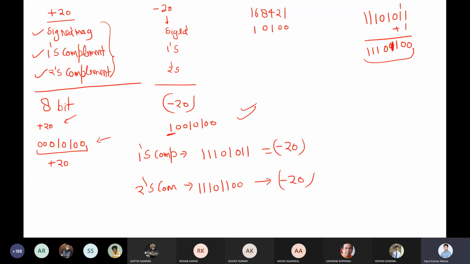Any doubt on this? Sir, I didn't understand why positive numbers are all the same. Because whenever you say positive number, these methods are actually focused on representing negative numbers. Once you take the complement, it means you are representing the negative number. But if you are not taking the complement, then it is a positive number. Okay, so basically one's complement is made for negative numbers. Yes, the entire thing is made for negative numbers. With a few examples, once we talk about subtraction, then you will understand.